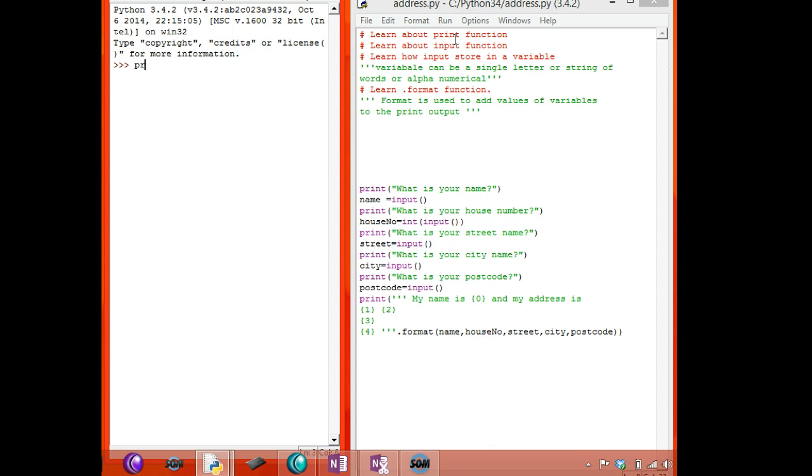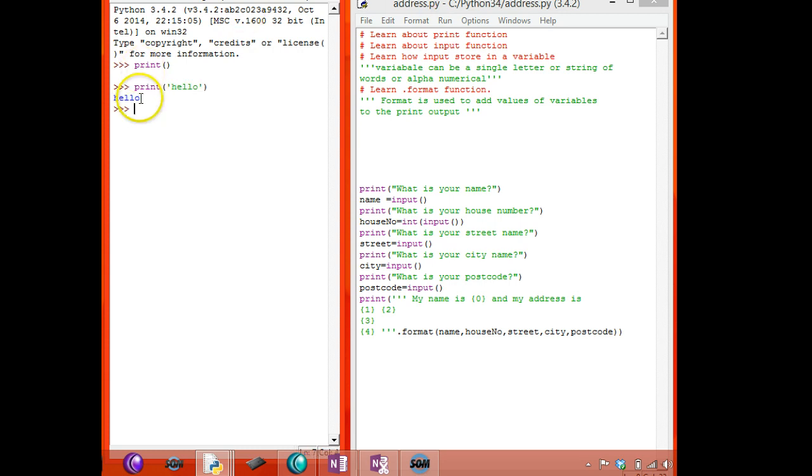The print function is print. This is a print function. So we'll see how, using this function, to print out some output on the screen. So print, I can print hello. For that I can use single quote or double quote, whatever it is. Here I have used single quote. When I enter, it will print the hello on the screen.